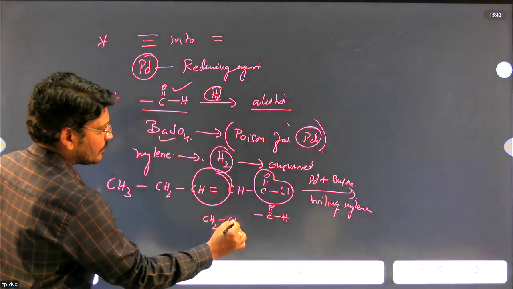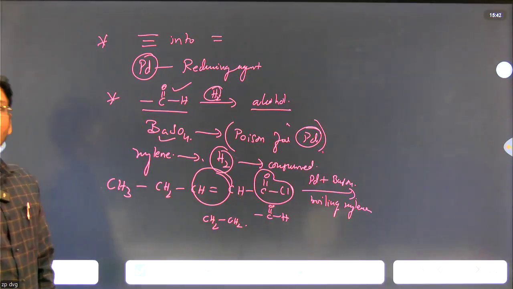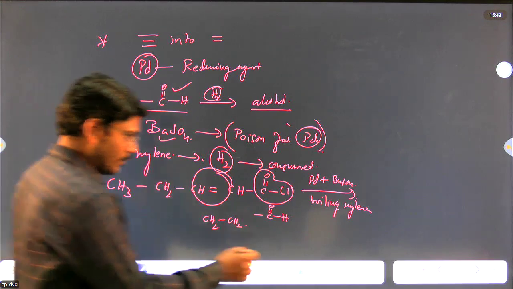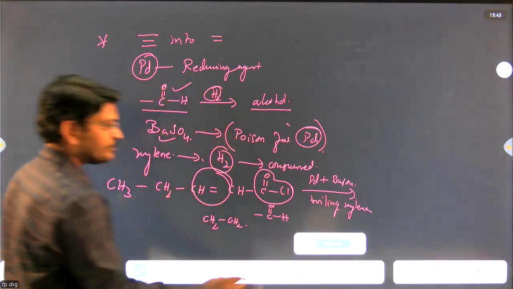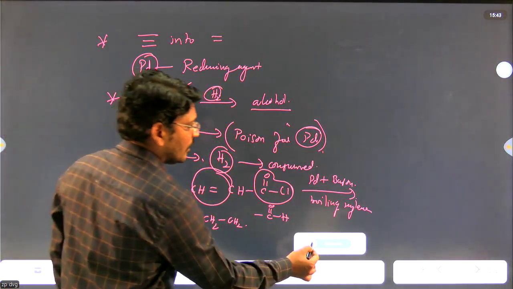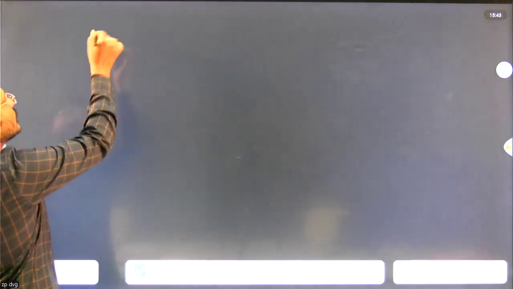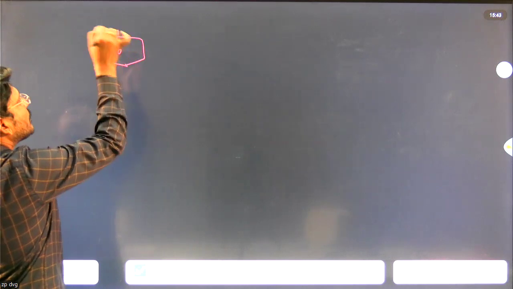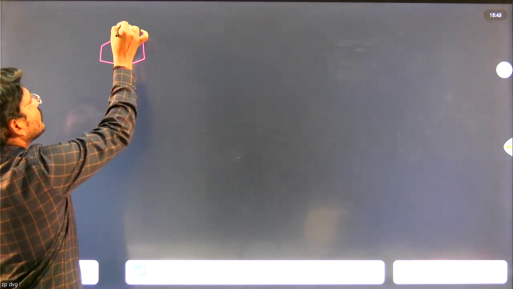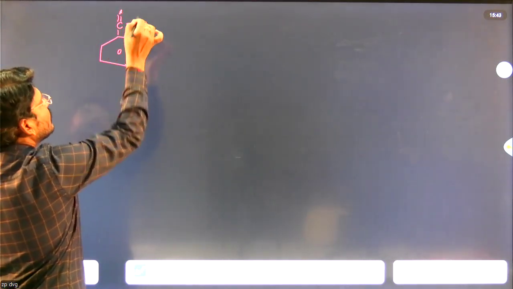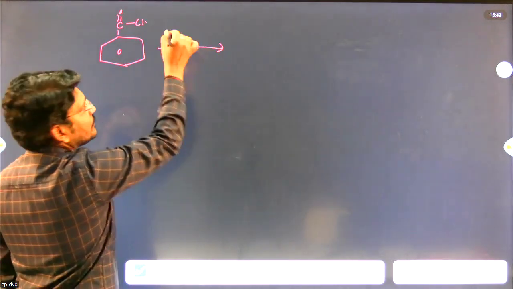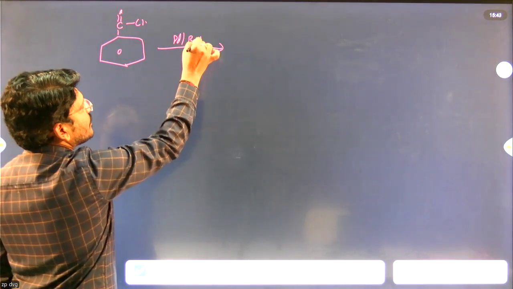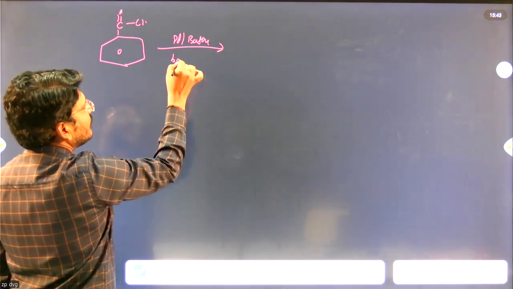CH2 single bond CH2. This is a use of a Lindlar catalyst. This is one more method we can use for the preparation of aldehydes. Otherwise, the same catalyst we can use for the preparation of benzaldehyde also, from C double bond OCl. So here, when this reacts with palladium and BaSO4 along with boiling xylene,